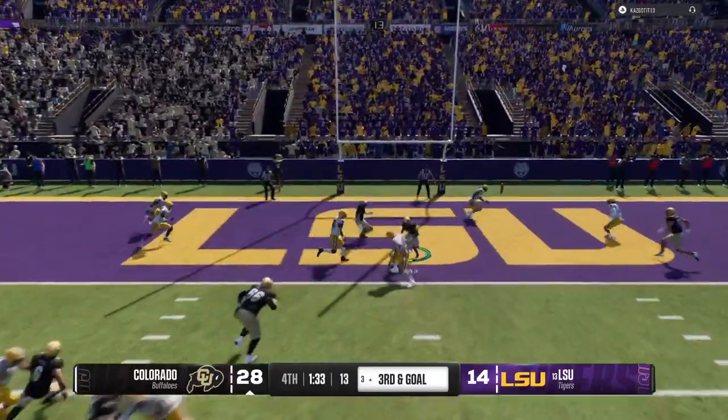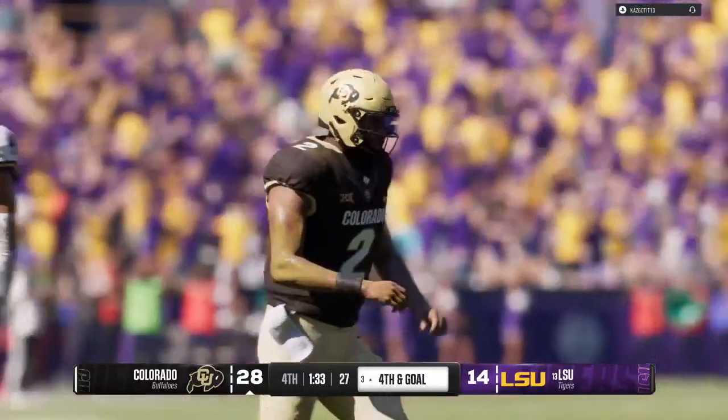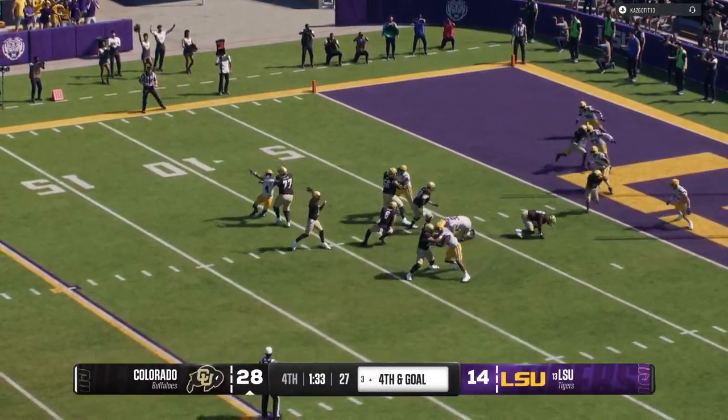They'll look to throw on 3rd and goal. Right through his hands. He had a touchdown and just didn't put the ball in. It'll be 4th